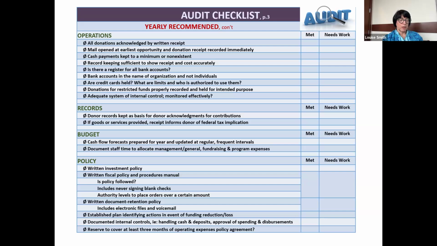The last item on this page, I think, is important. Trying to have a reserve, what I call an operating reserve of cash of at least 3 months, equivalent to at least 3 months of your operating expenses. Some organizations have more. We have clients who have 6 to 12 months in reserve so that when something happens, they're able to have these funds to continue to operate, continue to make payroll while they work on resolving the problem.